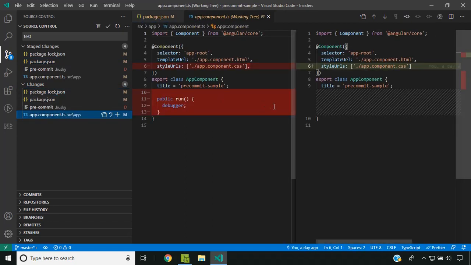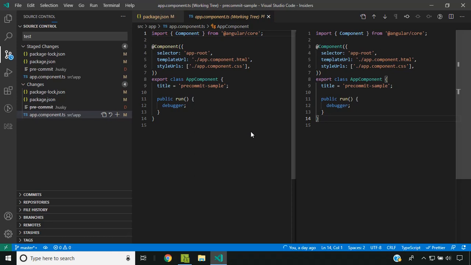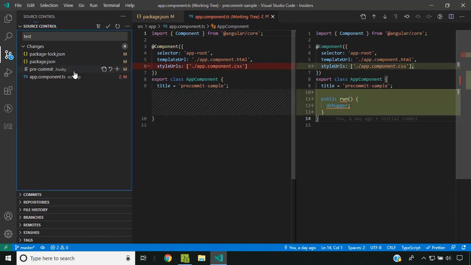So these contain the old changes. How these files are created is that lint-staged takes a backup of the files and stashes it before executing the commands which we provided in lint-staged. So in case of any errors, it will just reapply the stash, and that is what we are seeing here. So since we are running only the lint command and not modifying any files, what we can do is, in the pre-commit file,